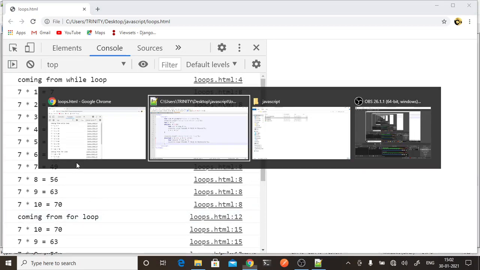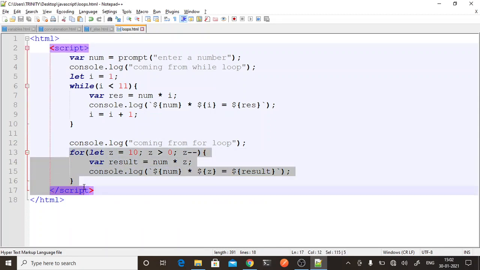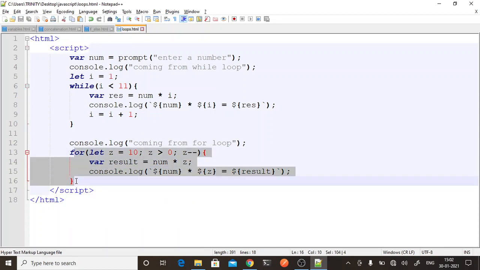This is coming from the while loop. So the for loop is a little simpler. You have to write fewer lines of code, and everything can be done in one single statement: initializing, checking the condition, and then iterating. Initialization is done once at the beginning of the loop. Then the condition is checked and this code is performed. After performing this code, the increment or decrement will take place. I hope this is clear to everyone.